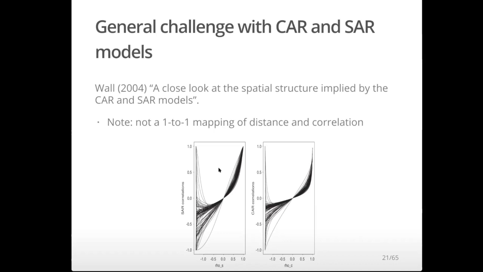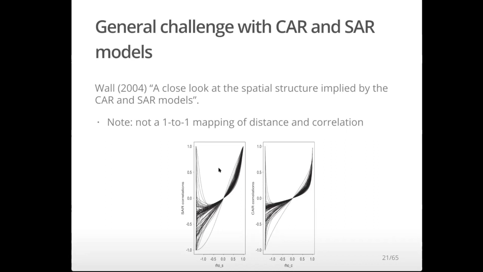And the really troubling thing in this result is that these approaches don't assume a one-to-one mapping of distance and correlation,